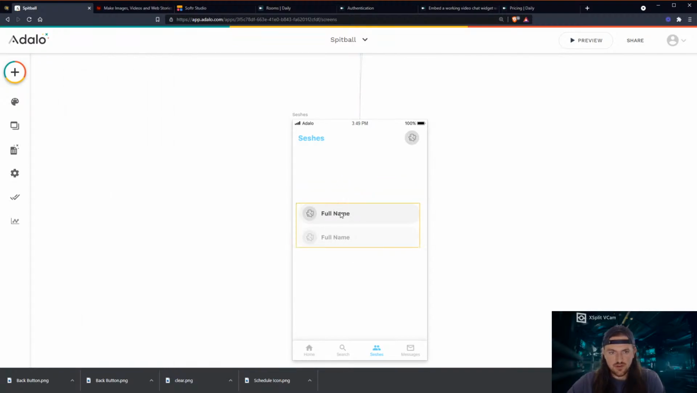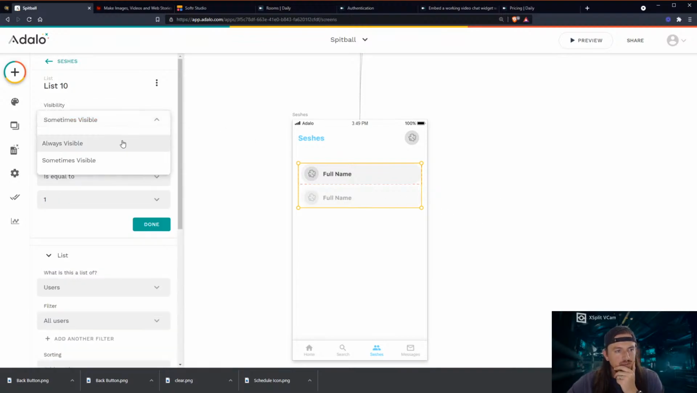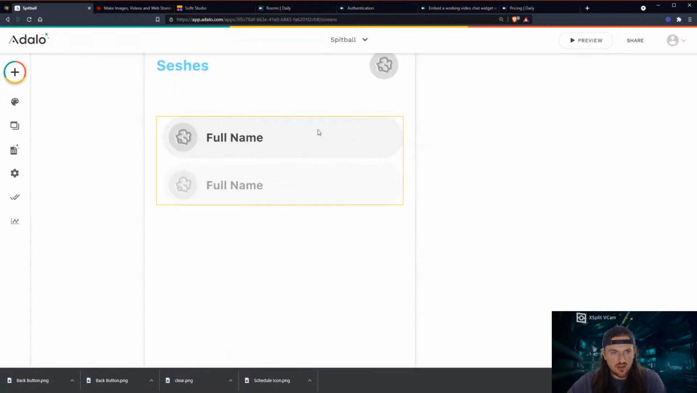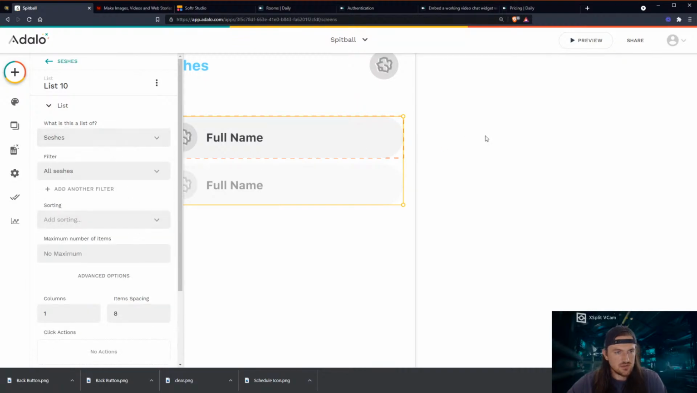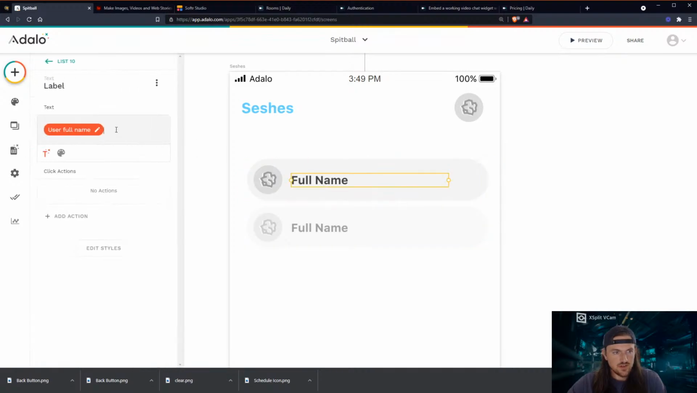And then when they click on a session, it will take them to a calendar view with all of the suggested times, and then they can click on a suggested time and accept it. Maybe that's the best way to do it. So I think, yeah, let's do it that way. Let's just do it like this is a list of sessions. This is maybe